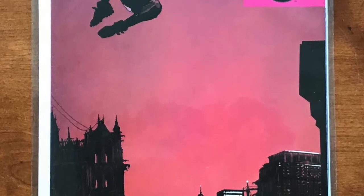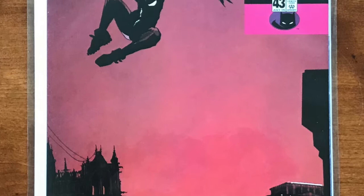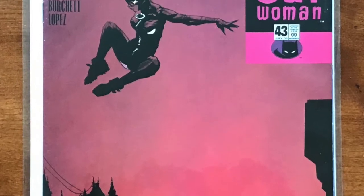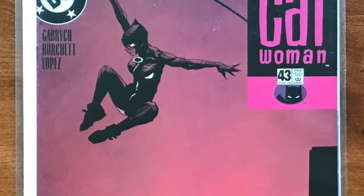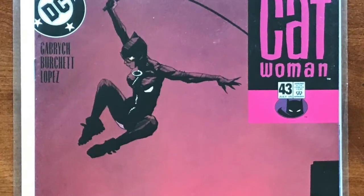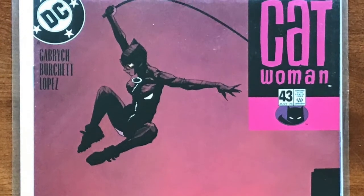And this, again, another minimalist cover, another great image that pops. Great movement, great action, great color. So for me, this beats out any of those Adam Hughes covers. Next up is another Marvel 90s book,